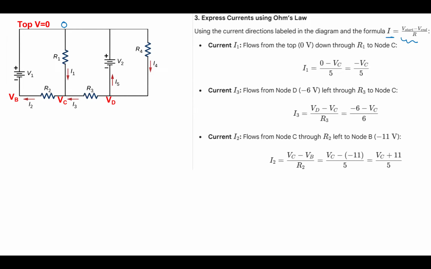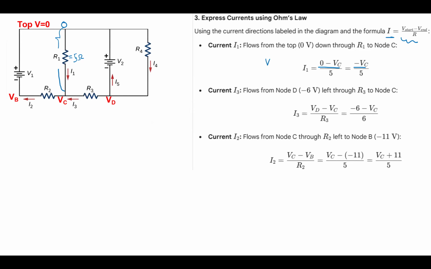So for this element, the voltage drop is 0 minus VC, and then R1 is 5 ohm. So that I1 is given by,